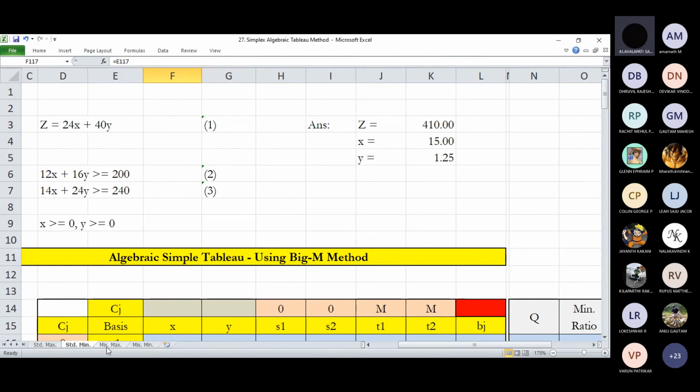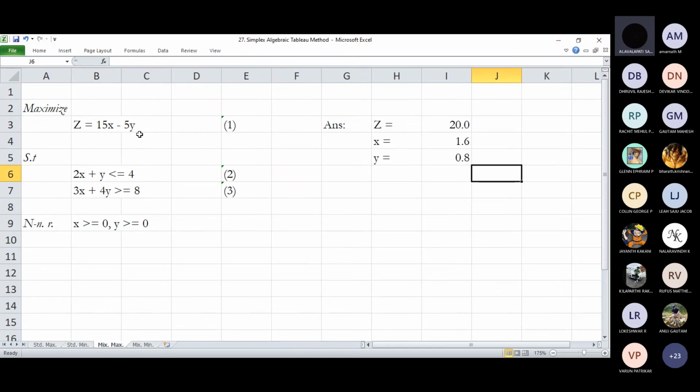Right. So I also have problems here, like the mixed constraint. In a maximization case, we have less than or equal to as the standard constraint, but in this case we have greater than or equal to, so we will have an artificial variable. Also in a mixed minimization case, greater than or equal to is the normal constraint, but we have less than or equal to as another constraint. So it's a mixed constraint for a minimization case. Solve this, and you can get the value here and the value here. So you can take a look at that.